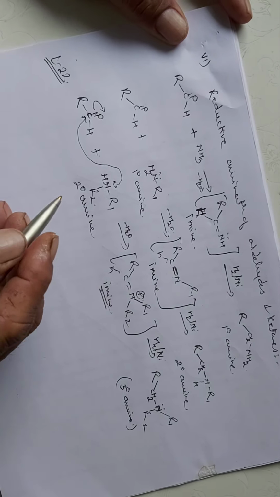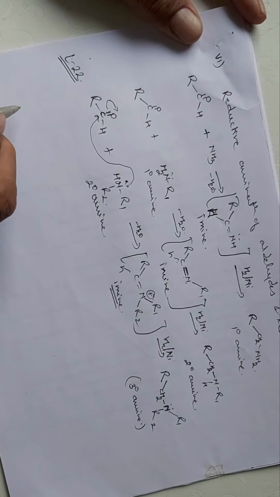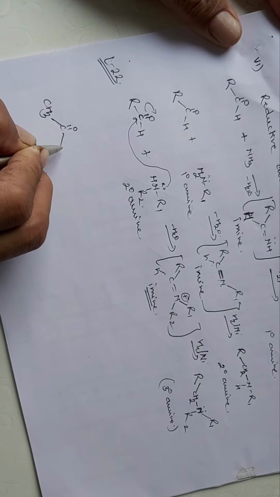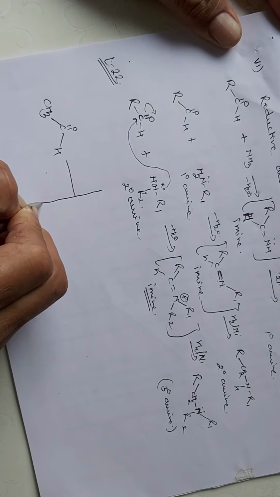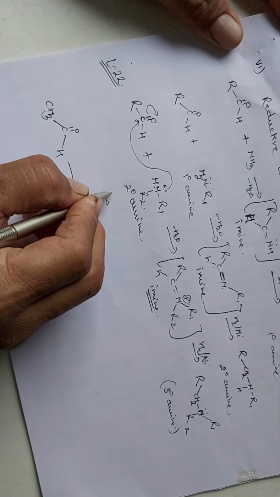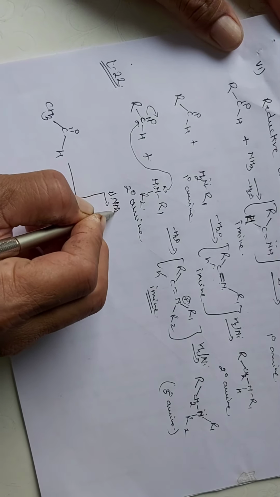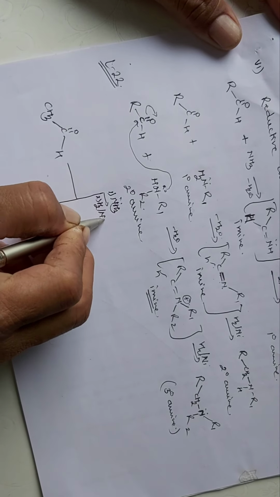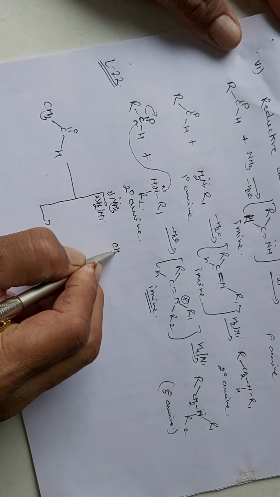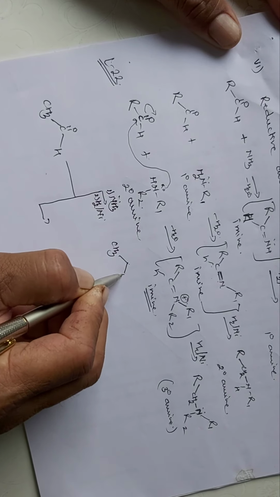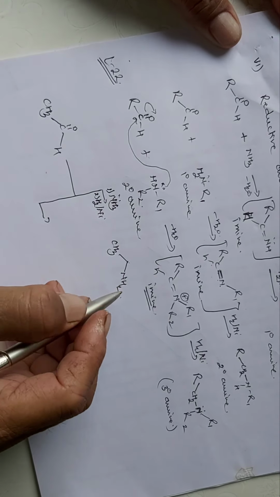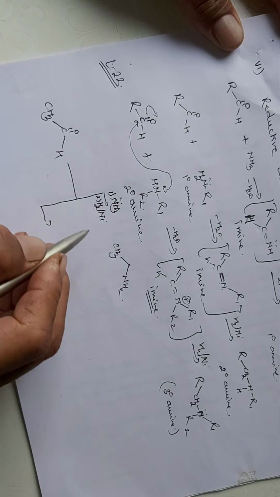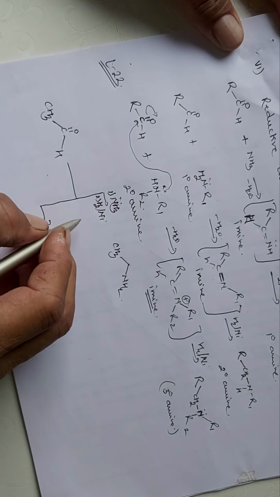And so we will summarize all these reactions with the aldehydes and ketones. If we just see, the aldehyde is allowed to react with different types of reagents. Suppose in the first step it is allowed to react with ammonia, it will form the imine, and in the second step it is reduced with hydrogen in presence of nickel. You get the formation of ethylamine. So here CH3CH2 means the carbonyl group is converted into CH2 and the NH2 group is getting attached.